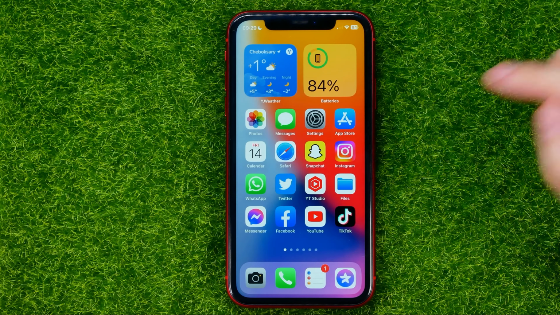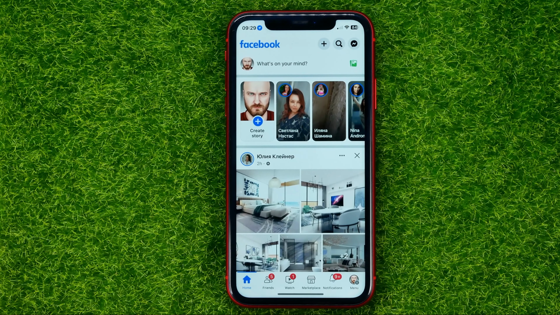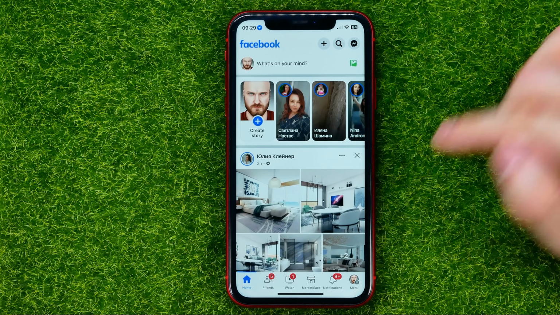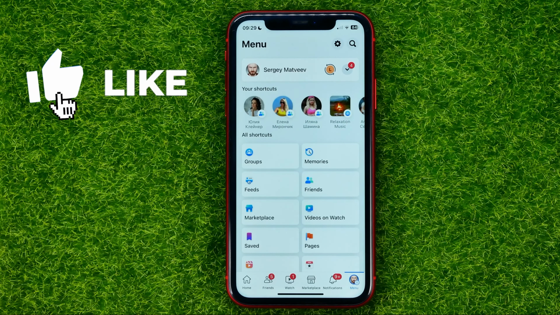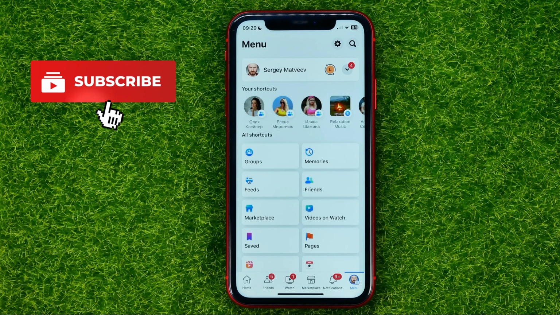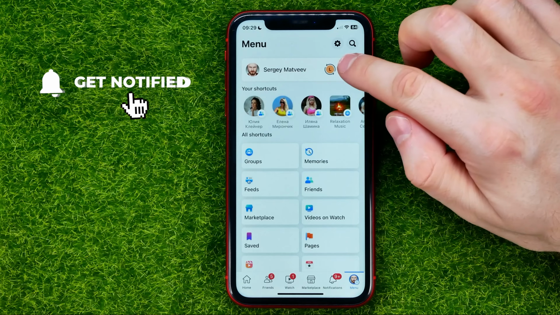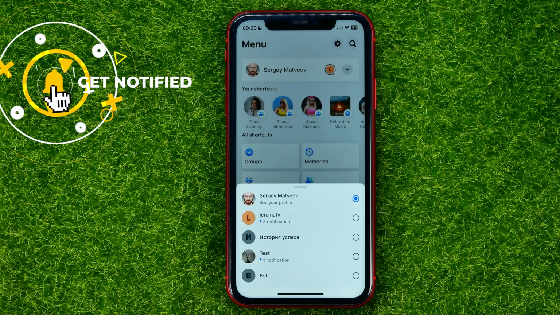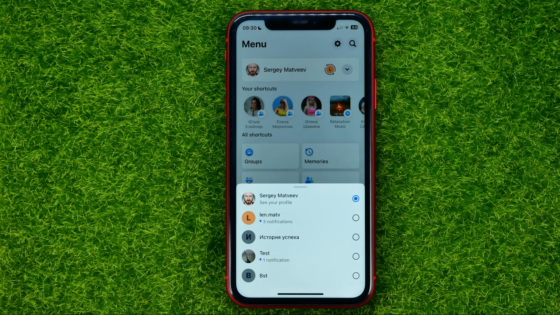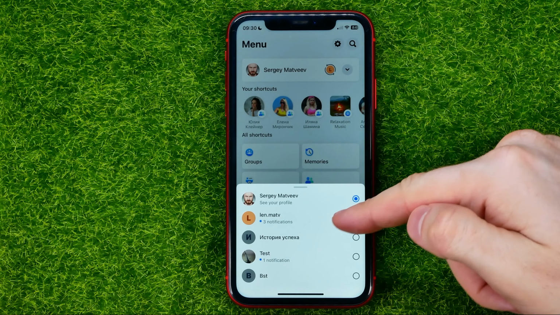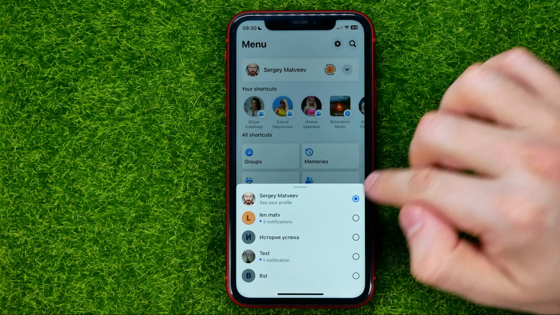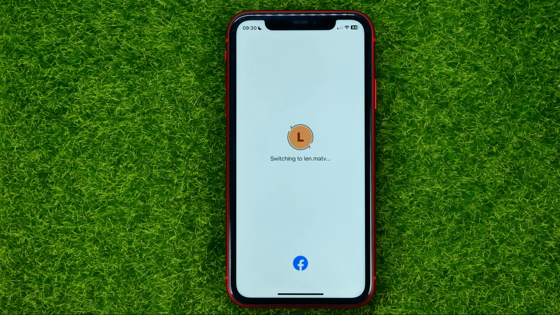So let's begin, and first off, open up Facebook app. Then hit the menu icon, and that's where we need first off to switch our main profile to a page. We can hit that arrow down icon that shows us all the pages. As you can see, I got my main profile and 4 pages, and I can switch to any page simply